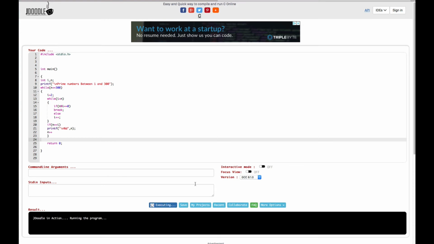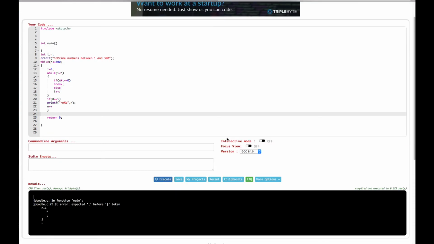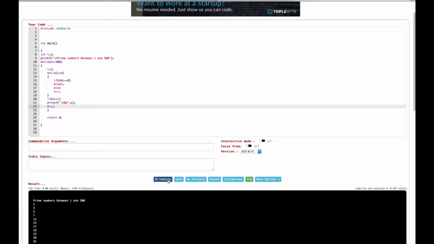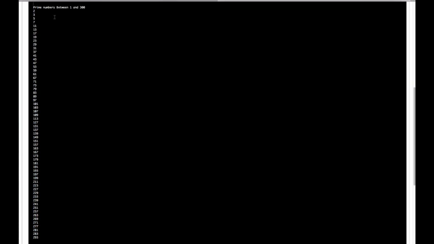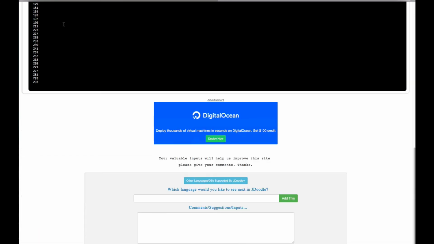Now let's go ahead and execute this one. I should put a semicolon right here. Okay, now you can see we print out all the prime numbers from 1 to 300, and that's how we